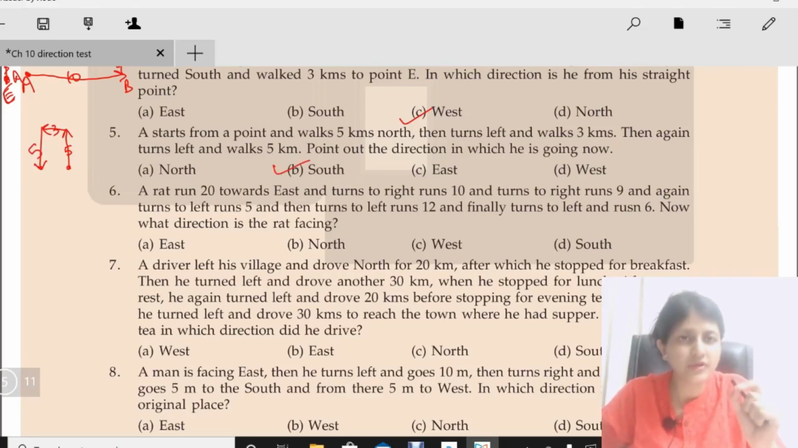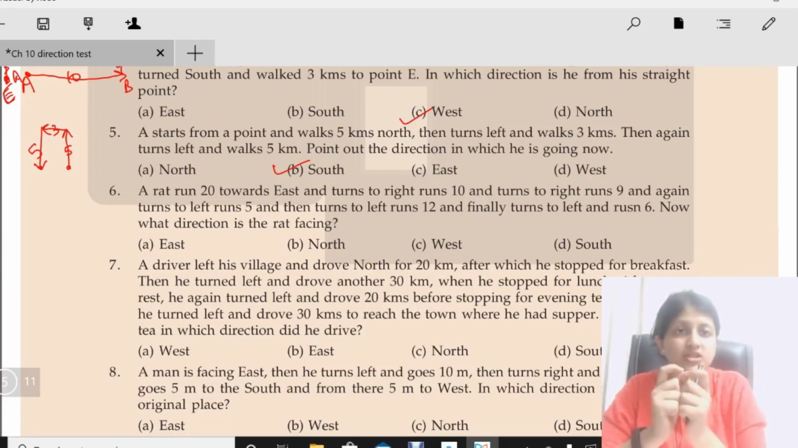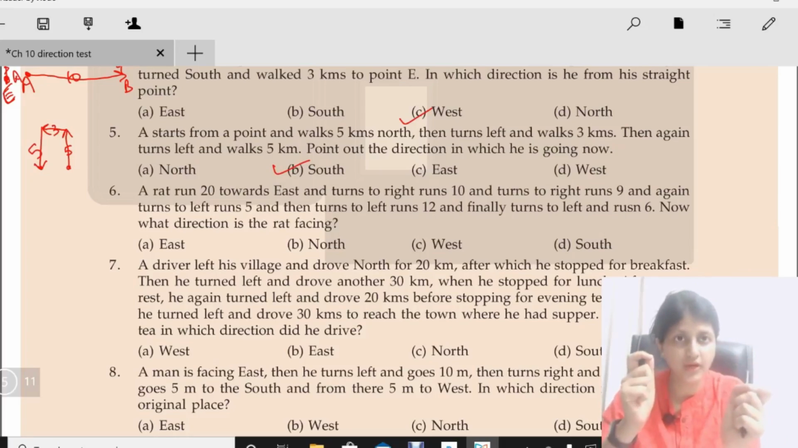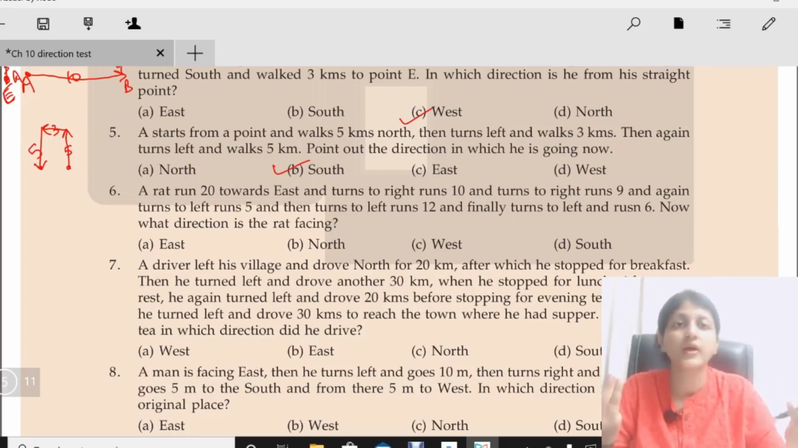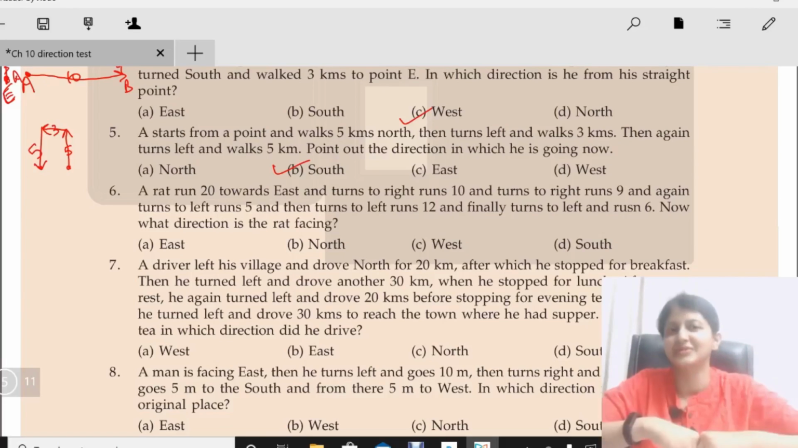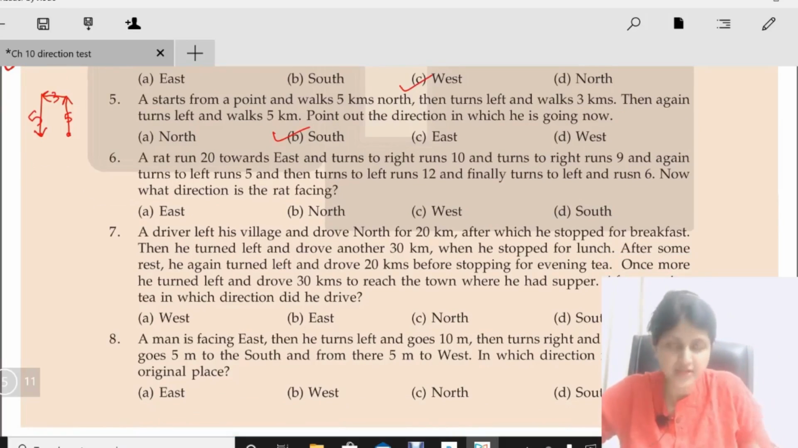Be careful with the question, what they are asking. Are they asking generally in which direction, or they are asking the direction from the starting point of view? In this question, they have just asked where is he going? He is going towards south. Question number 6. A rat runs